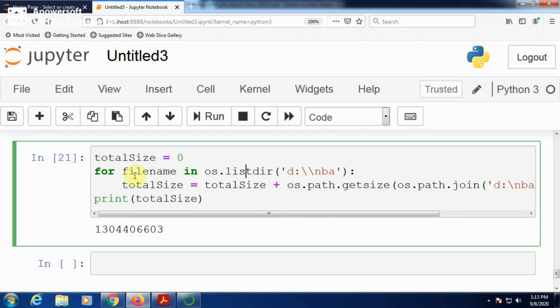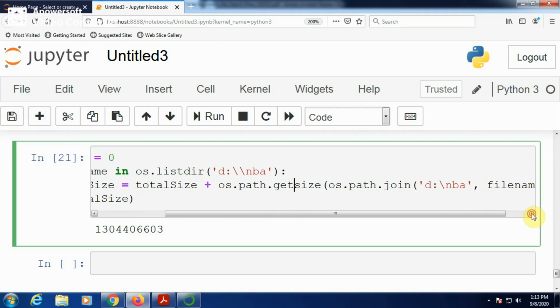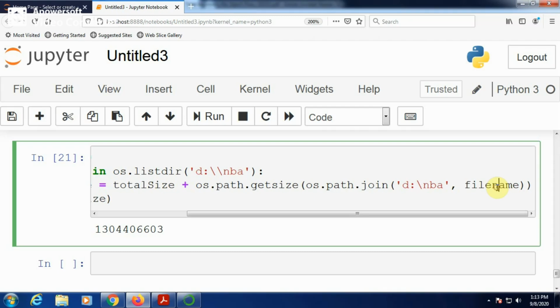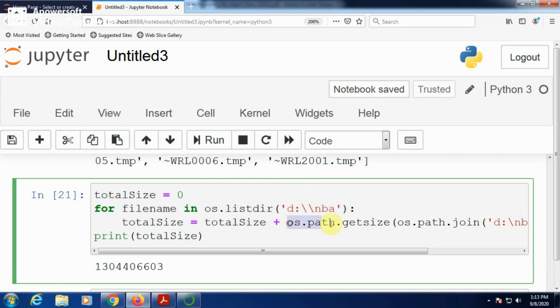Therefore, for file name in os.listdir from NBA, you are going to calculate the total size of all the files by adding the size of each file. Each file size will be taken by the os.path.getsize function. Getsize gets the size of the particular file after joining that file name with the NBA folder. This is to join the NBA folder with the file name, and this is to get the size of the full path.